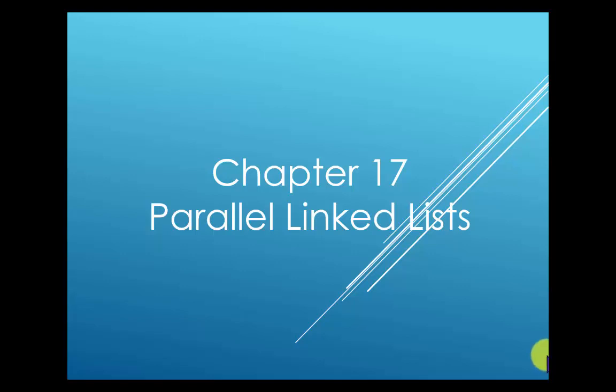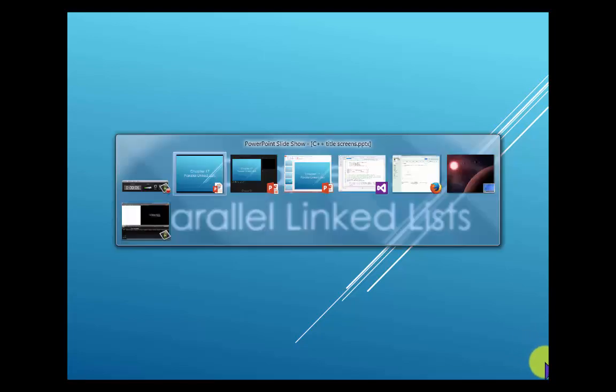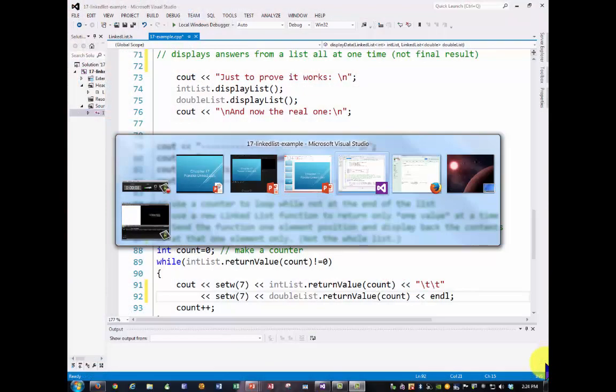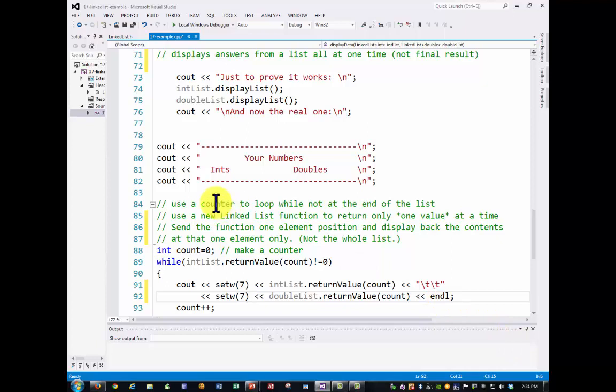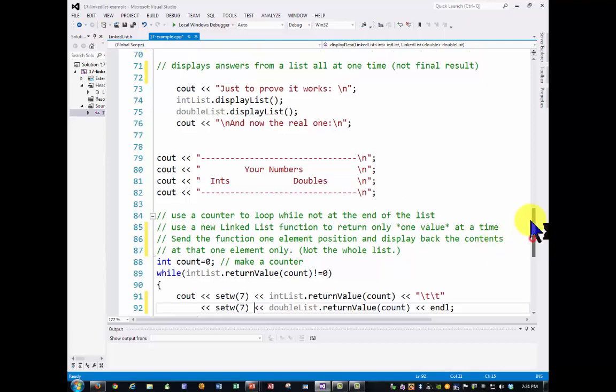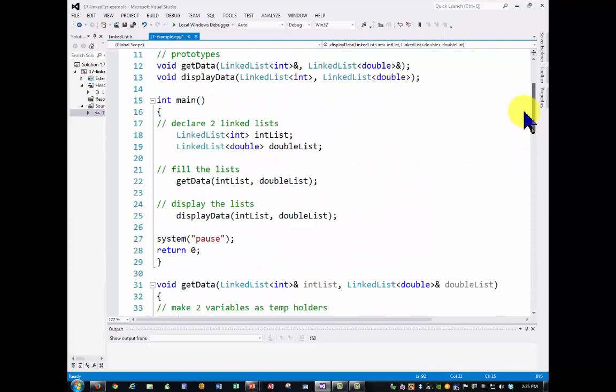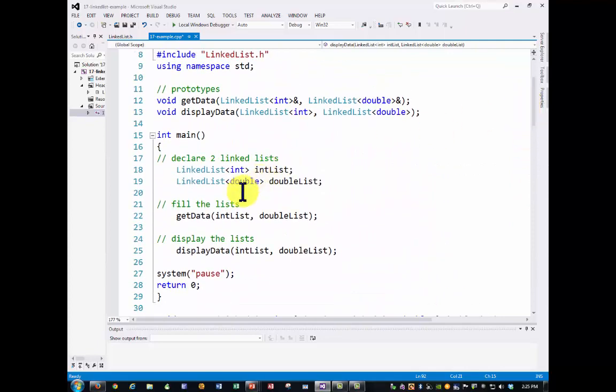Here's a video to help you with parallel linked lists. We did parallel arrays way back in Chapter 7, but maybe you forgot that by now. That was a long time ago. This is a modified program that I wrote up just for this particular purpose, to use a parallel linked